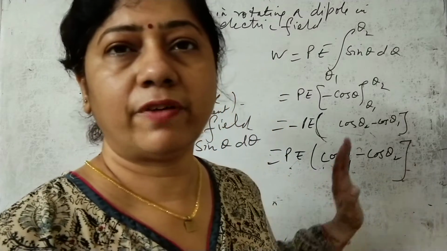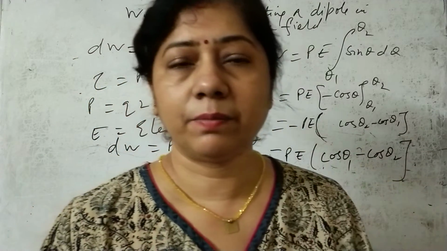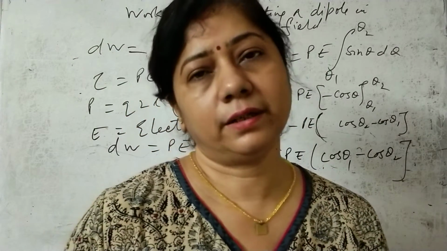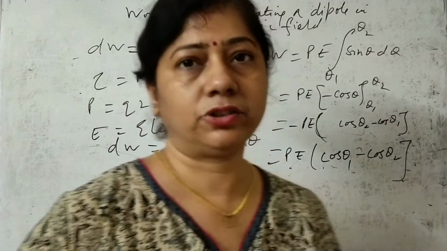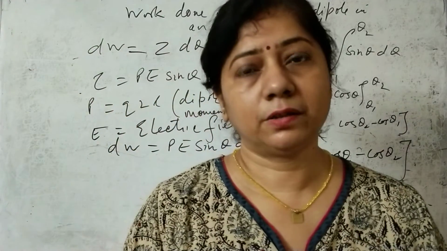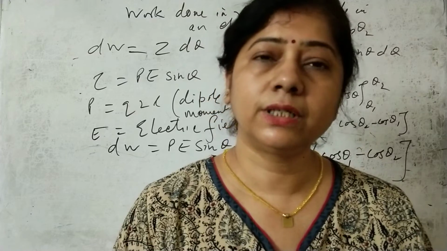Based on this, you will find that when the energy is minimum, then it is the stable condition. When the energy is more, it is under unstable condition. So you have to see your condition there. Hopefully you have understood this, and with this we complete this part of the segment, that is the potentials.